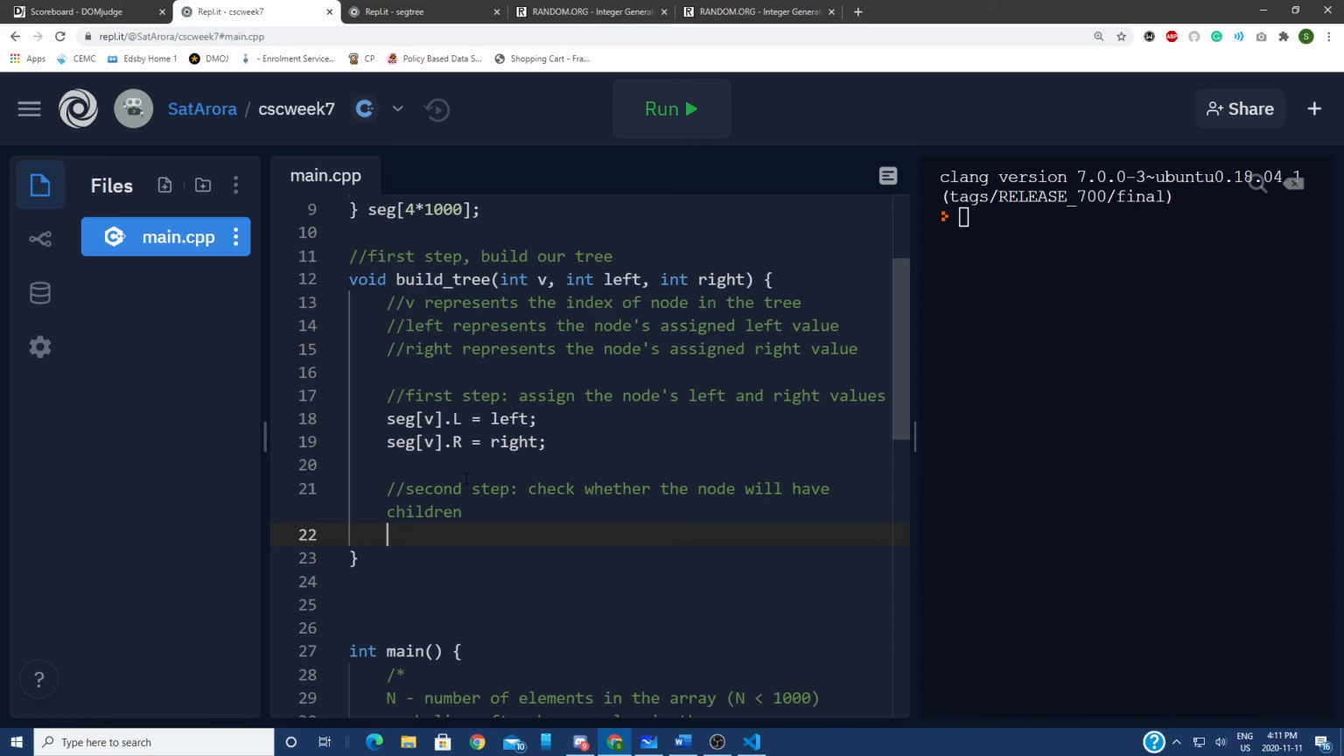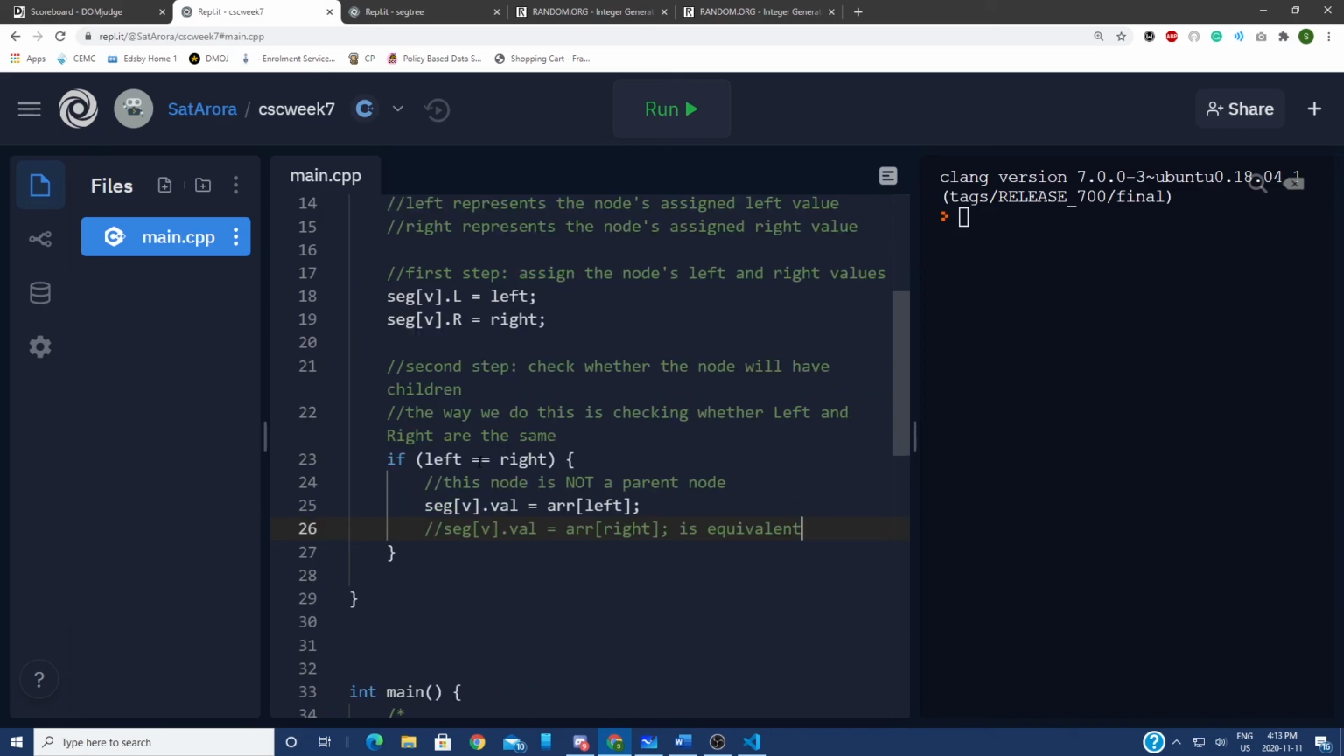Is equivalent. So if left equals right, this is not a parent node, this is a leaf. And so we just assign our seg_v.val equals array at left, meaning we're just assigning it the array value because there's only one node. So that means the query in the range L, R has to be that array value at the same L or R index, because that's the only one that's in that range. Okay, so if left equals right, we assign our value, and otherwise,